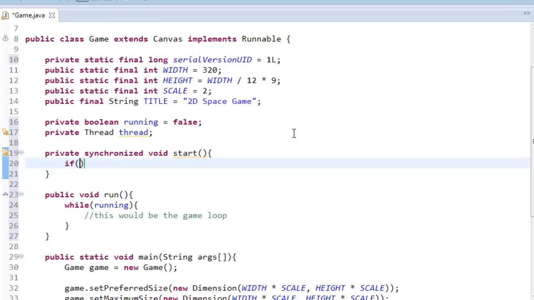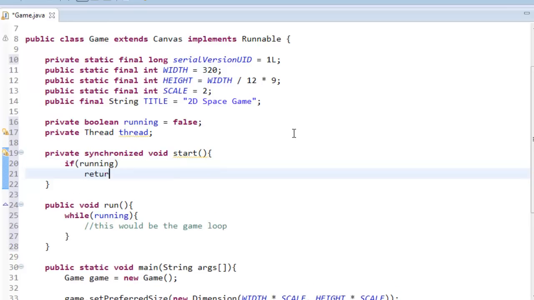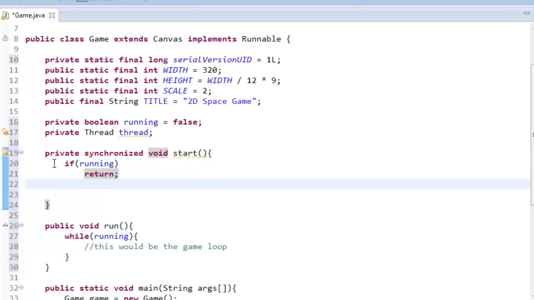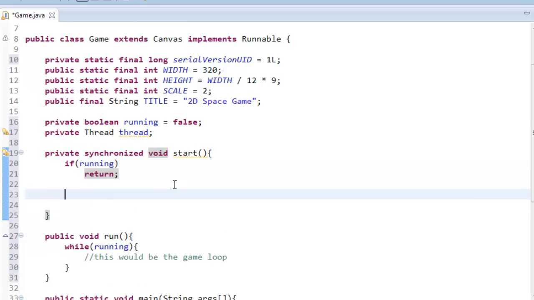So we're going to say if running return, right? And return basically means get out of this method. We don't want to be in this method anymore. So if running is already true, why would we want to make it true again? So we're going to make running equal true. So it goes through here once. If it's ever accidentally called again,